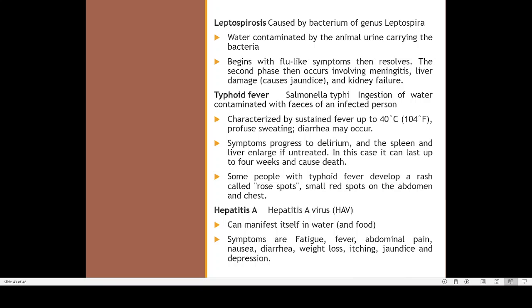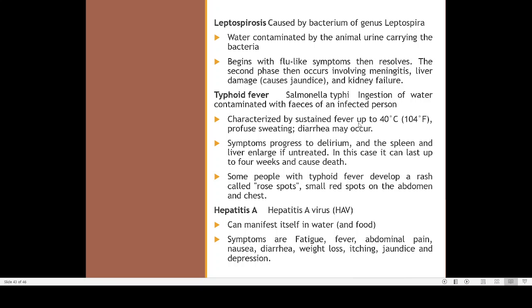And there will be enteric fever. Enteric fever means enteron means your intestine. Anything that is affecting your intestine or enteron will be leading to a type of fever known as enteric fever. And typhoid is one type of enteric fever. That is, your stomach and intestines are primarily affected. And it can also affect your spleen, and it can affect your gallbladder. So there will be a lot of complications in the case of typhoid fever.